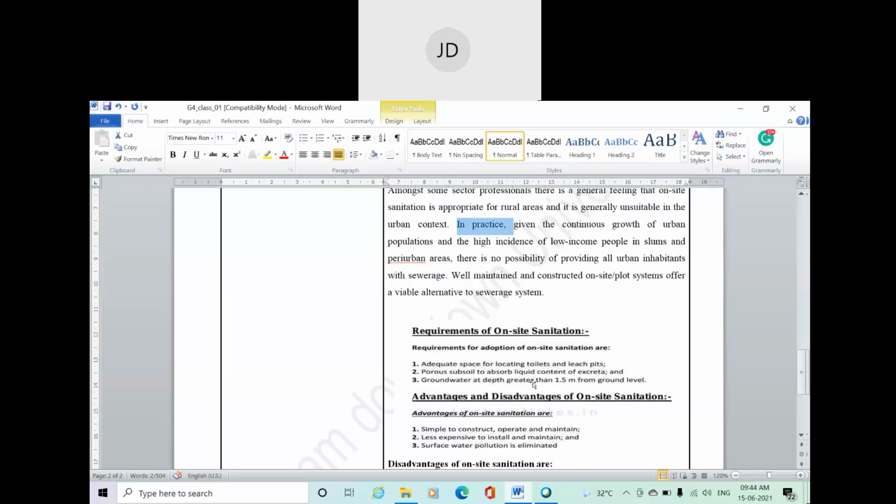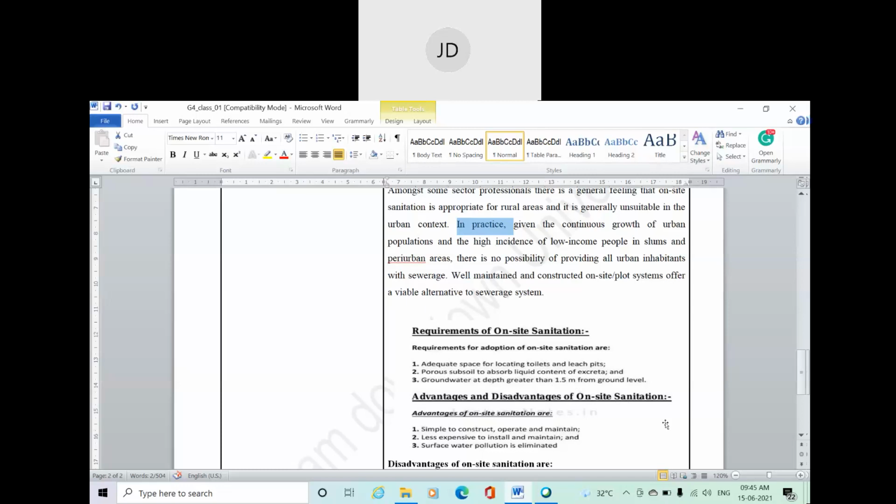It will pollute the groundwater. Okay, so it's better to have the groundwater at a far depth, more than 1.5 meters from the ground, and your pit latrine should be above that. Okay,